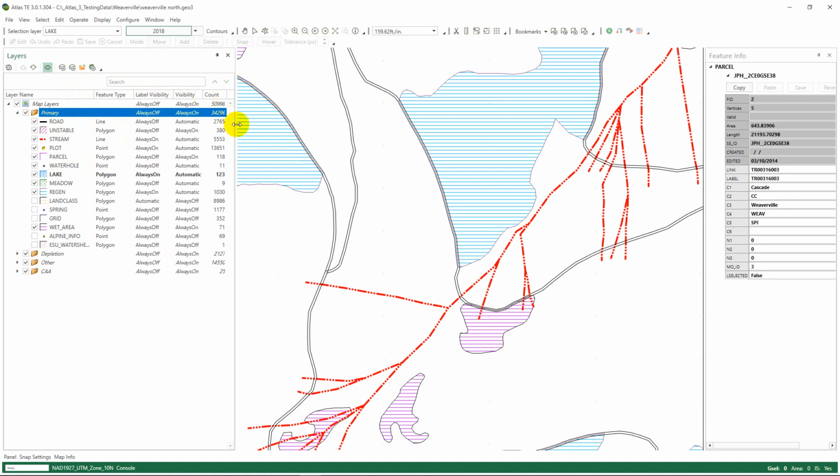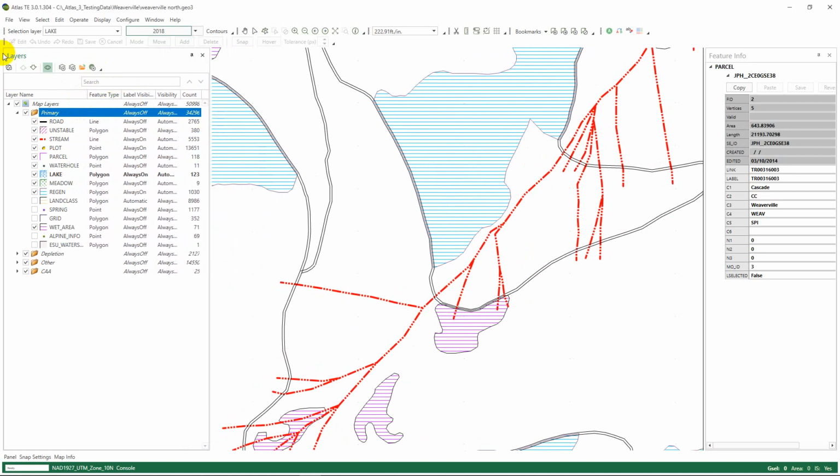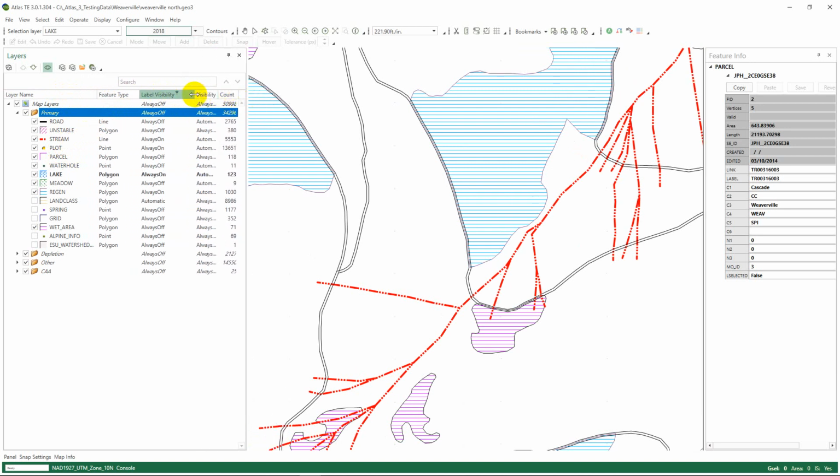The entire window can be moved, scaled smaller. You can undock it, and you can see the dockable Windows video for that. But for now, let's just go through these columns. Most of these will look familiar. These options are brought over mostly from Atlas SE, and they do take up quite a bit of space, so